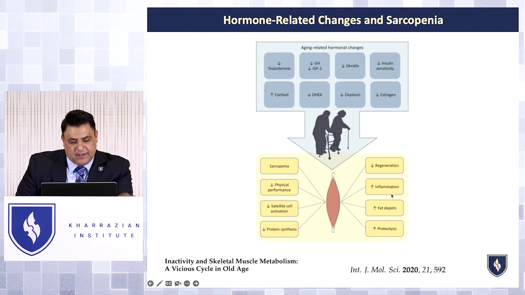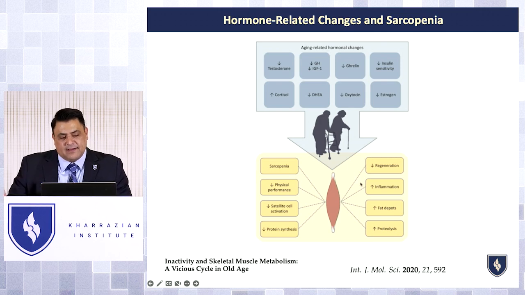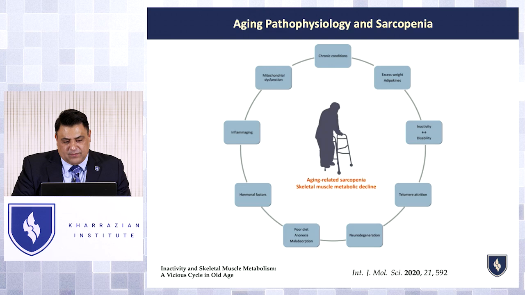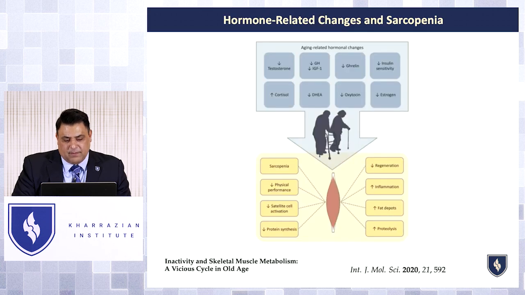So in sarcopenia, you actually have fat deposits in the muscle cells. The muscles become much more inflamed. Their ability to regenerate and grow becomes compromised. Protein synthesis in the muscle itself becomes compromised. So it does create a vicious cycle. And the longer they've had it, the more of a vicious cycle, feed-forward pathway they get. So it's something you really want to avoid as much as possible.